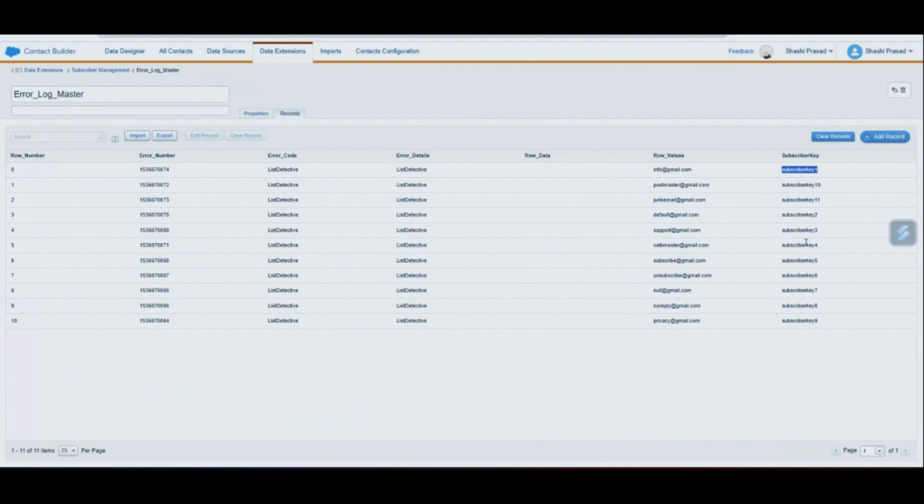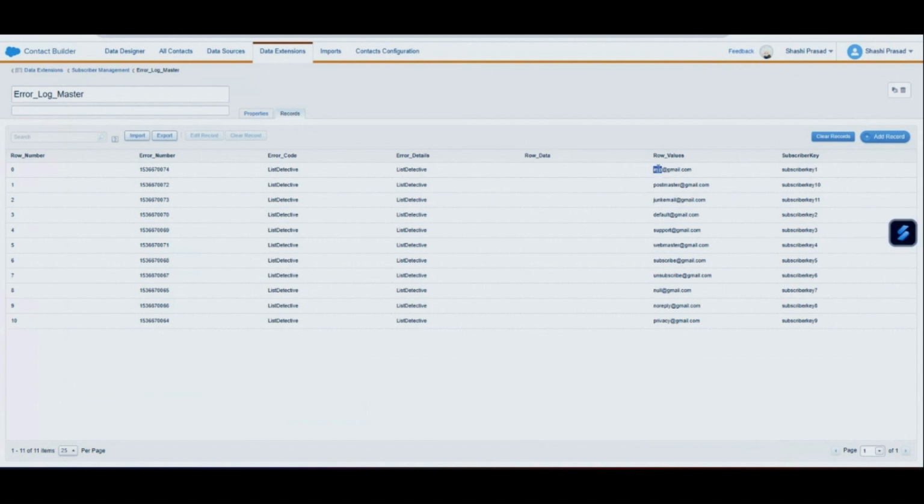So with this particular error log, what I can also do is I can go to my client and I can say, see, these are the list detective that I'm getting in Marketing Cloud. Do we want to basically suppress the subscribers while sending, or do we want to basically enable them for the sends, right? So let's say we have